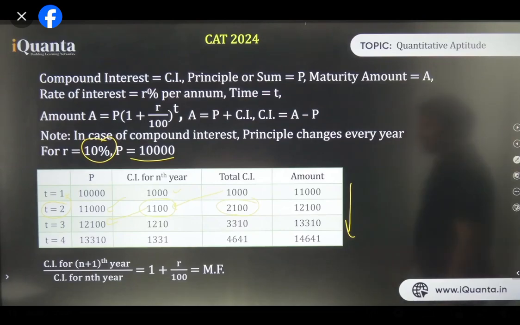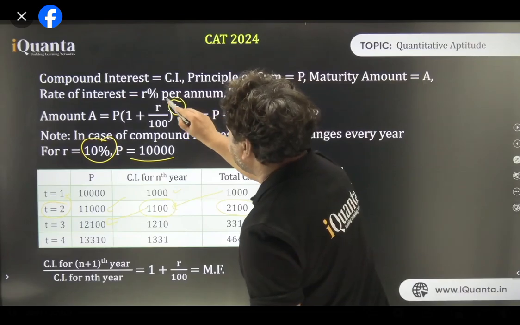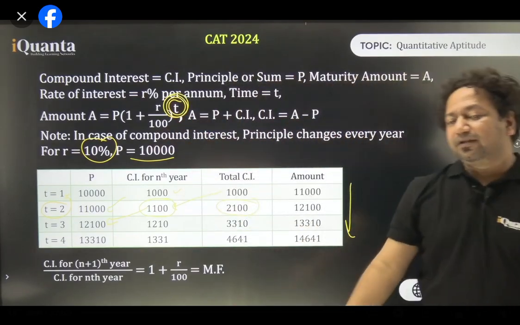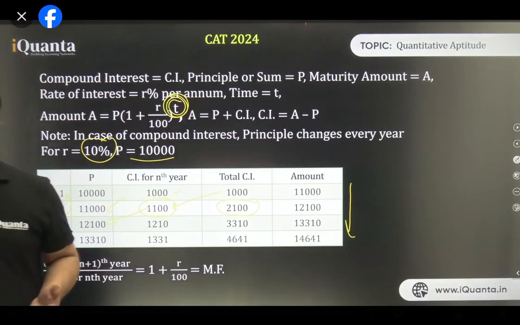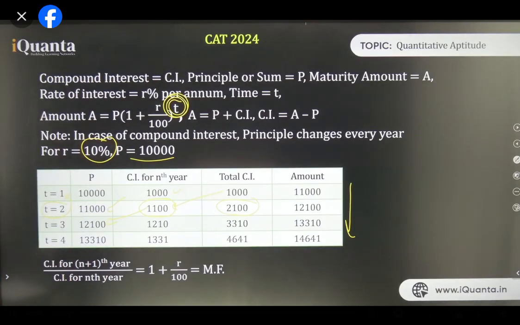By the way, if you compare this table of SI and CI, there's one thing you must be realizing: compound interest is increasing exponentially because it is raised to the power t, and the simple interest was increasing linearly because it was multiplied by t. Rashna, see, P doesn't change. Mathematically, we say P is changing for the simple reason that we are adding interest to the principal for the next year. That's what it is.